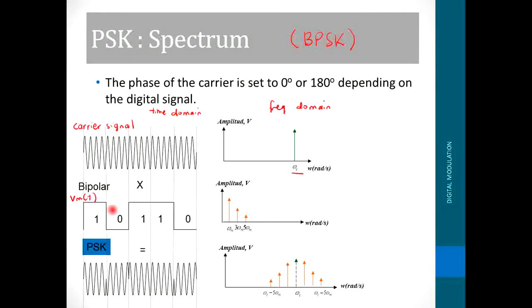different from amplitude and frequency shift keying. For the phase shift keying, the phase is shifted. So for example here, this is 1 and then it's 0. So the phase is shifted here, and also from 0 to 1 also shifted here, and 1 to 0 is shifted here. So multiply both two, we have the frequency domain of this like this,